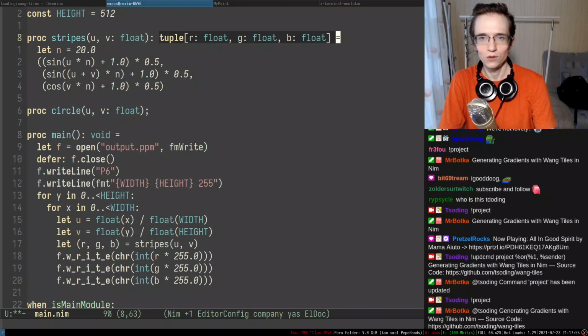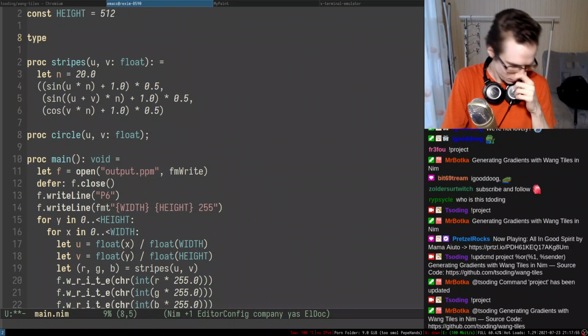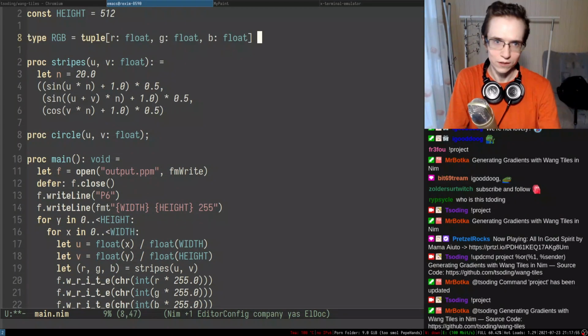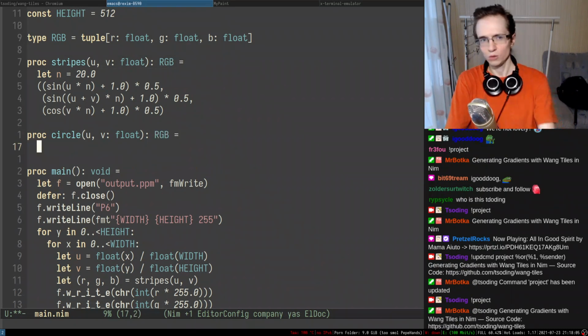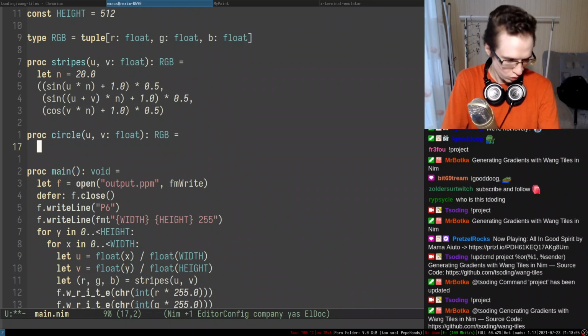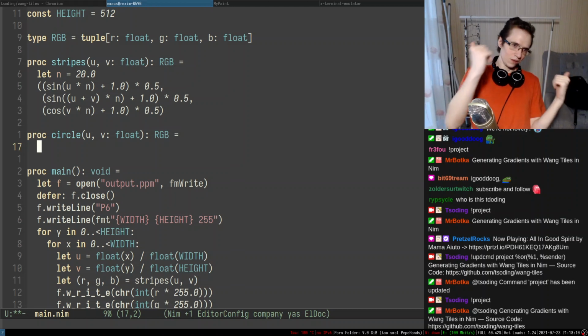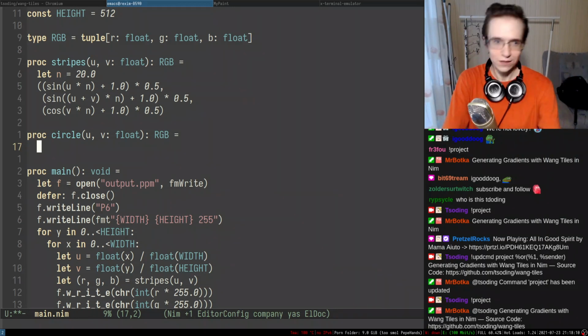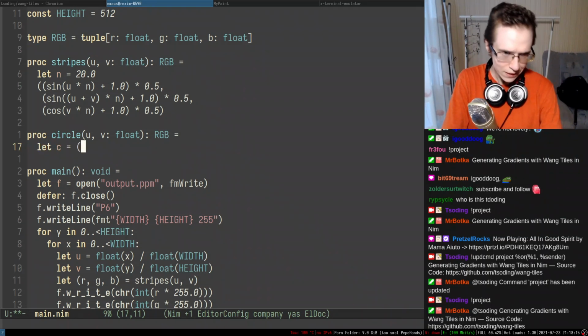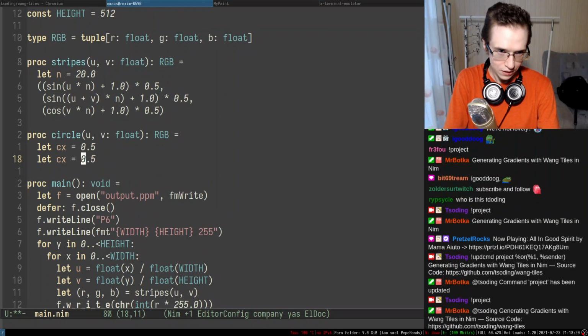So I wonder if we can just do something like type RGB, and then I can say that I'm returning RGB in here. I think I should be able to do this kind of stuff. And in here, we need to find the distance between the center, and the center, by the way, is located at half and half.